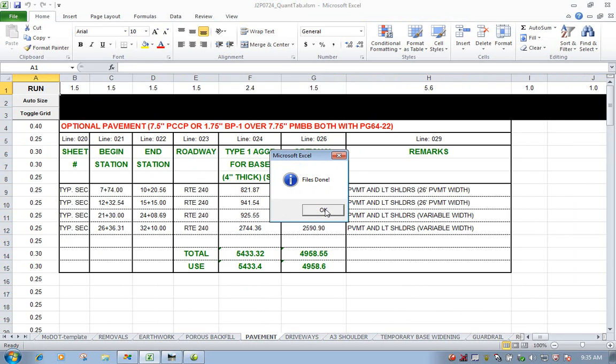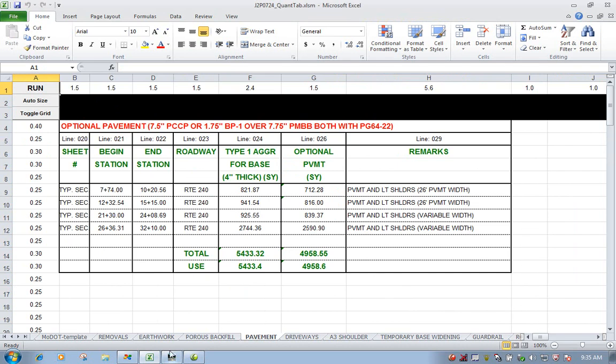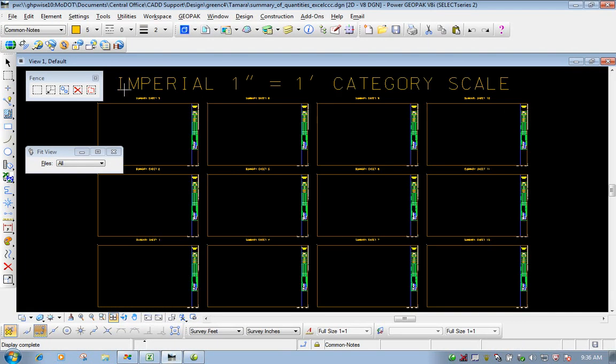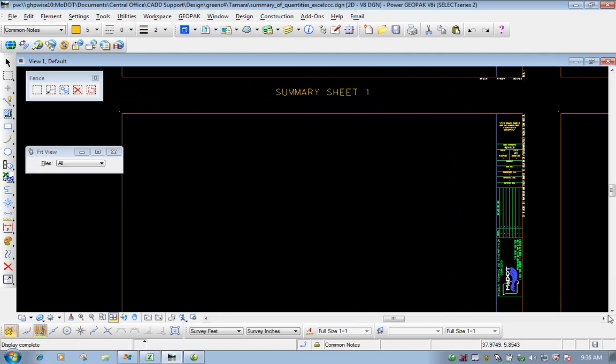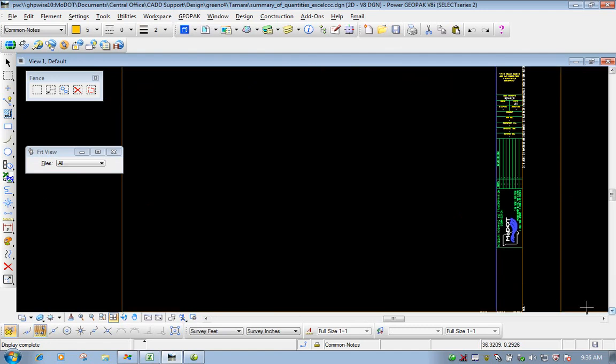Files are done. Everything looks good. Ran properly. I'll click on OK. And now if I go back into MicroStation, and I'm in my standard sheet for my quantities, I'm going to go over one of the borders that I want to insert this quantity block. And now if I'm ready to bring it over,